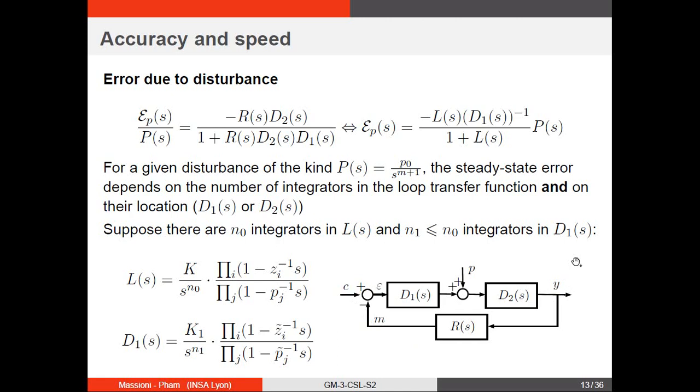so why have we seen this, and what is the moral of the story? The moral of the story is that the precision of the control system, which is basically determined by tuning this D1, the static precision and dynamic precision for specific signals which might come in here or here, depends on the integrators in the loop, and namely the integrators in L for any element in the loop for C, and integrators in D1 for the disturbance coming into P. So basically this gives you a rule of thumb to tune your controller, because you know if you want to follow a certain kind of signal that you will have to put some integrators over here, always taking care of the